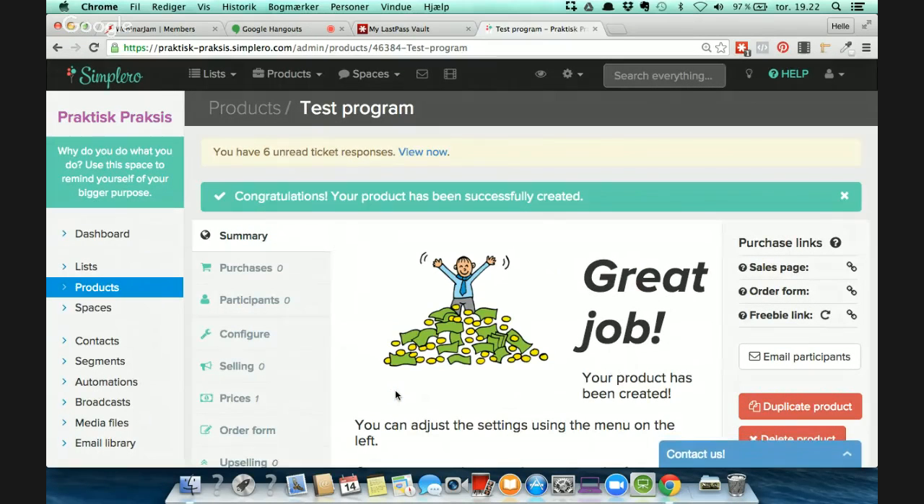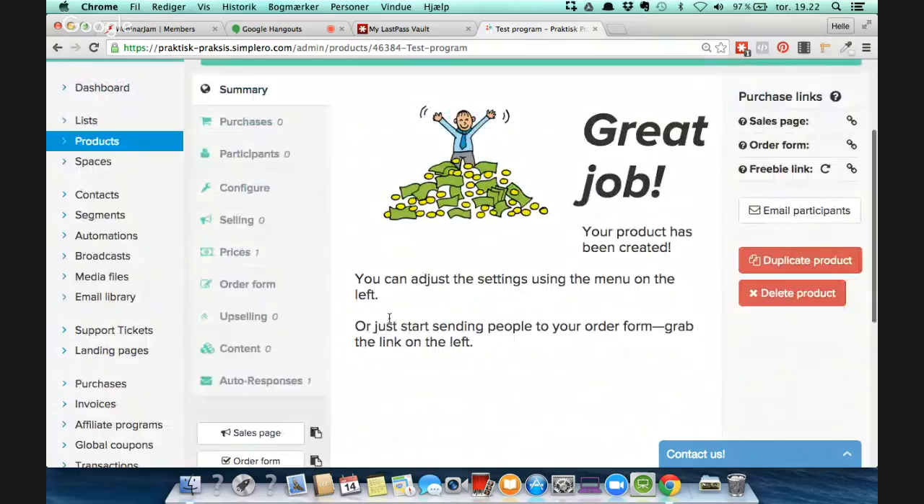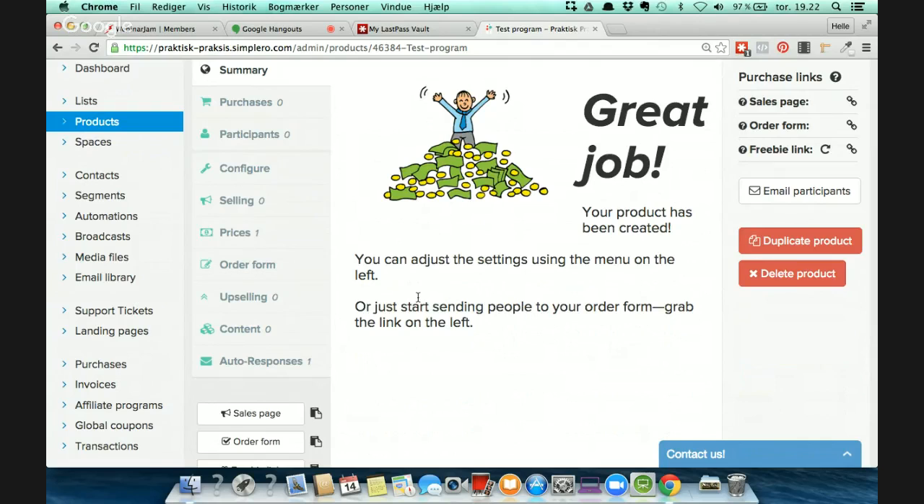Yeah, but we are not done yet. We have to connect this product with the space so we can have people buying this. And we might also want to do a little bit about the prices and stuff, and the order form and the selling page and everything. But anyway, the first thing I would do now in order to be able to sell it is to go